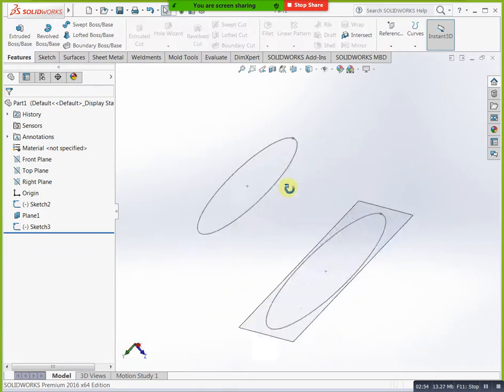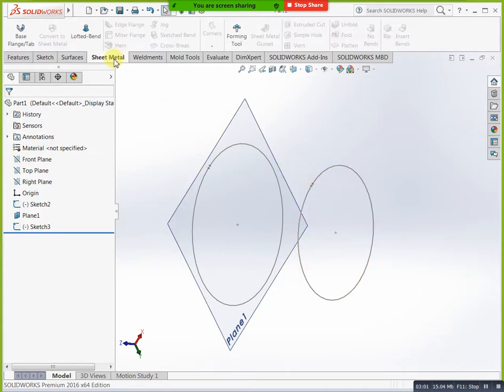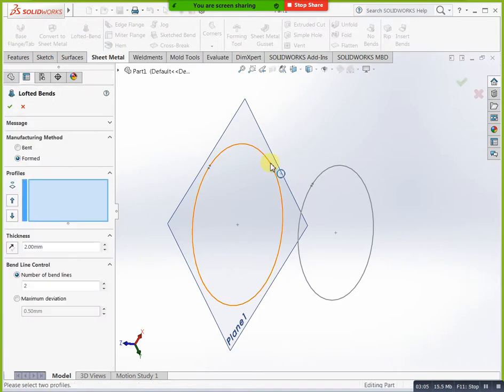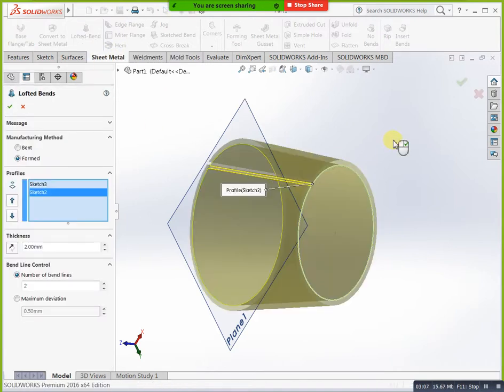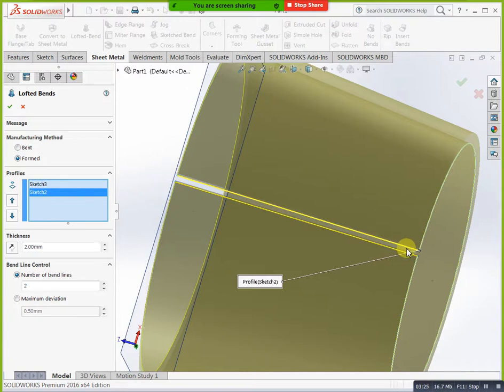If you need to convert these two into sheet metal, you can select this one and this one. When you are doing sheet fabrication, definitely we are doing one side welding, no? Without welding we cannot fabricate our sheet, yes or no? Definitely we are doing one side welding. With that welding condition you get your sheet like this. Here we have a gap. In this gap you need to do welding, match these two portions, and weld them. Okay, sheet metal welding.